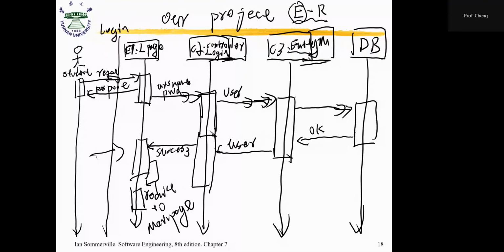Okay. This is an example of the login function sequence diagram. You can see there are some components or subsystems involved in this sequence diagram. First you should have the UI, the login page. Then you will have the server. First one is the controller. The controller is doing some function here. Then you see you will have the entity. Entity you already learned from the last course. Database. Then the entity will be mapped